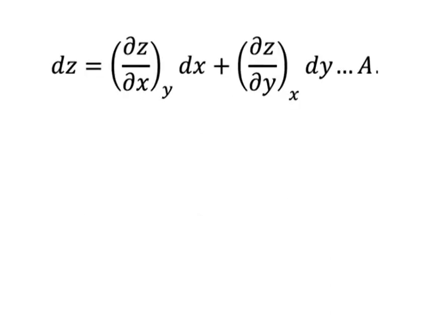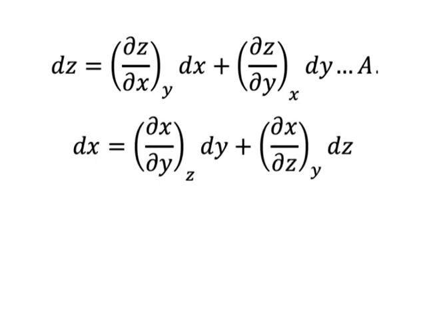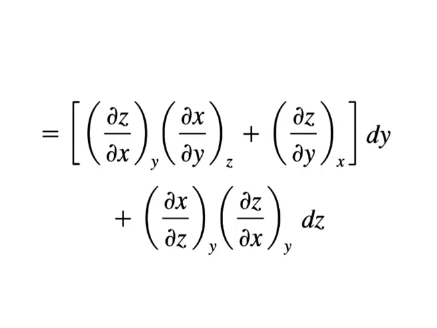Then using equation A, the total differential of x becomes dx = (∂x/∂y)_z dy + (∂x/∂z)_y dz. Eliminating dx by combining the above two equations, we have dz is equal to (∂z/∂x)_y